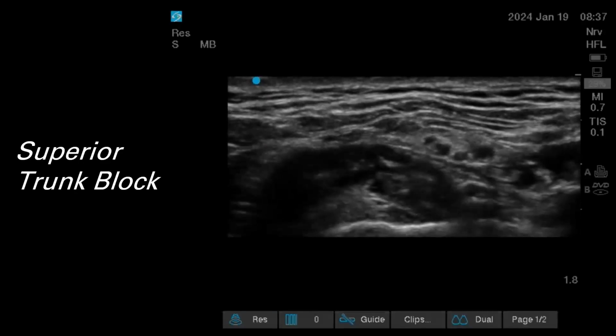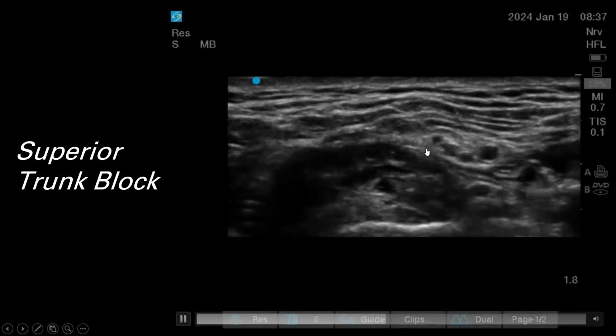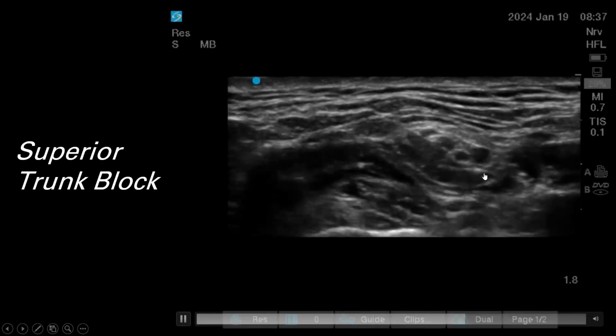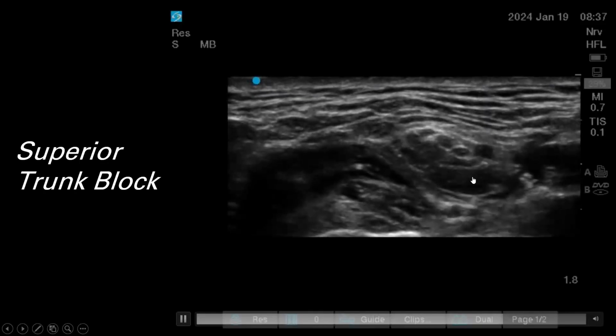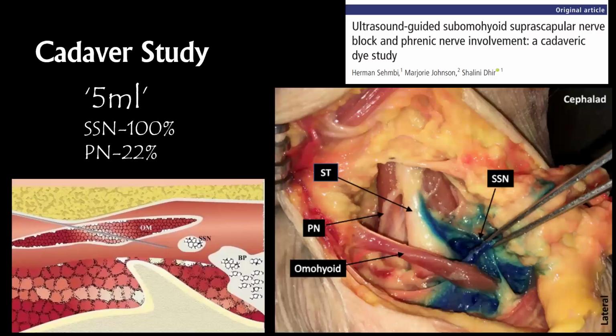So that's the catheter. You can see this is the catheter here. Now I have withdrawn the catheter and then I start injecting local. You can see the spread beneath the superior trunk as it lifts the entire posterior and anterior divisions and the suprascapular nerve as well. Now, what these authors found was when they injected at the level of the superior trunk,